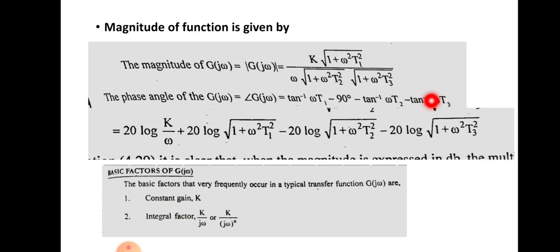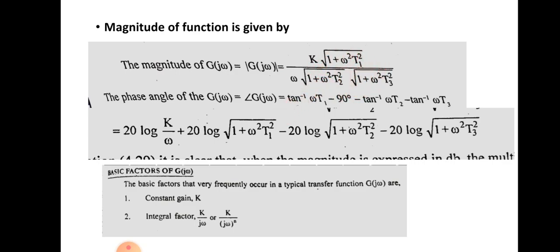So these two equations are important, and here there are different terms. In the numerator side, k and this term are multiplied. So we have to draw the magnitude plot of this one, and we have to plot the magnitude plot of this one. Similarly, in the denominator side there are three terms, so we have to represent each term separately on the magnitude curve. So there will be three graphs in the denominator side, and two graphs on the numerator side. We have to plot these graphs on the semi-log paper independently, and in order to get the total function, we have to add them. Okay.